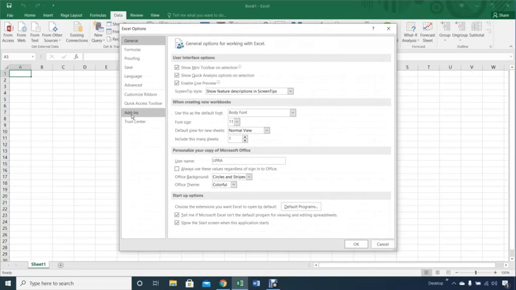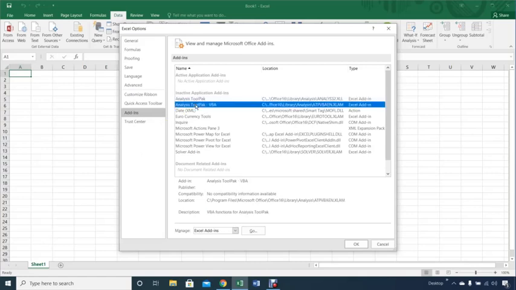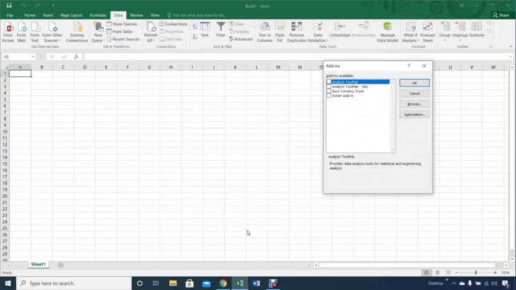How about add-ins? Okay. In add-in, I see a few things here missing. Let's see. Excel add-in. Yep, it's missing. These two are missing. I need those two just to get my Excel up to where I want it. So let's add this one. Let's say go. And now,